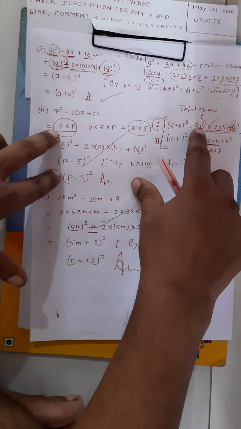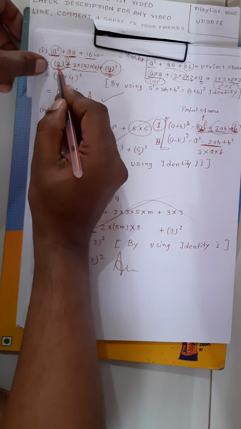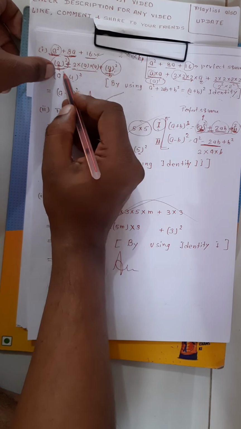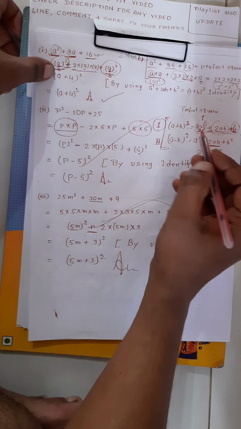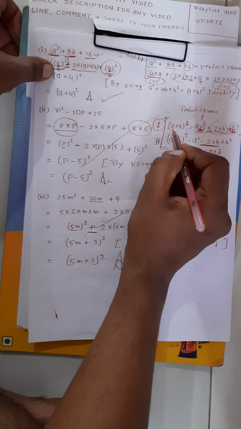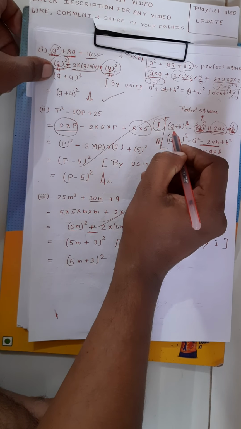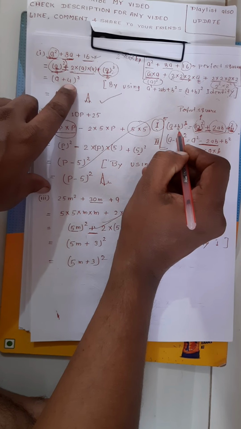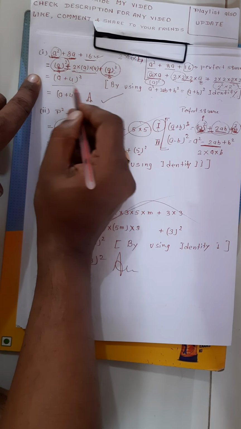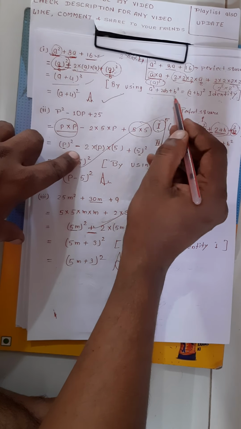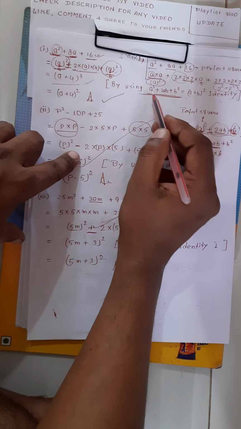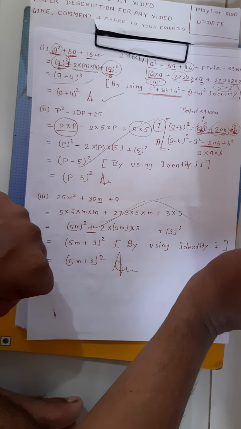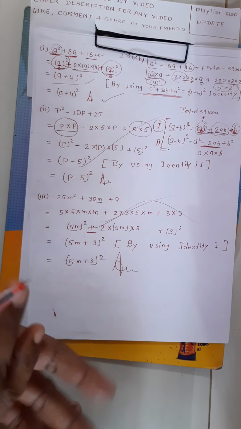That means here our value for a is a, and our value for b is 4. So our value becomes a plus, the value of a is a, so I have written here a, and the value for b is 4, so I have written here 4. That means whole square of a plus b, by using the formula a square plus 2ab plus b square is equal to whole square of a plus b, or by using identity first. Understand?